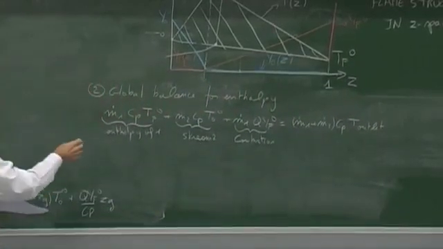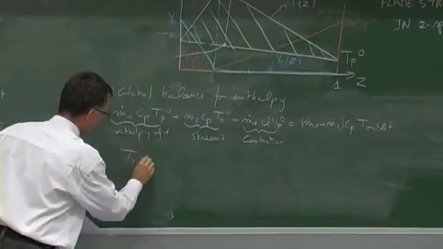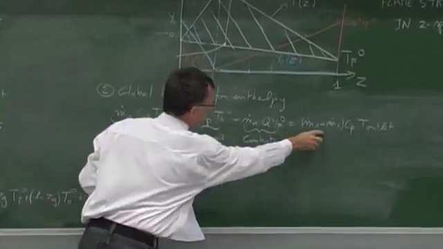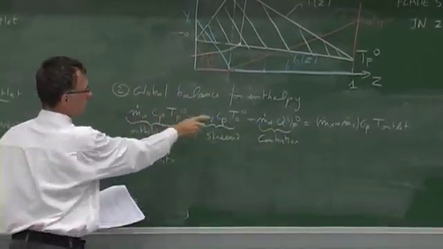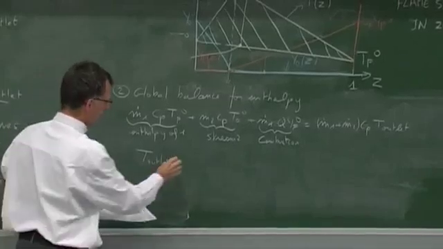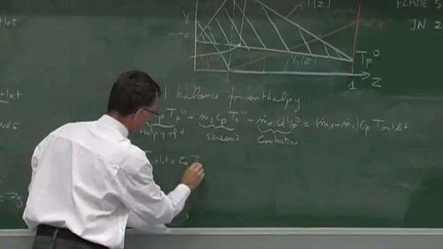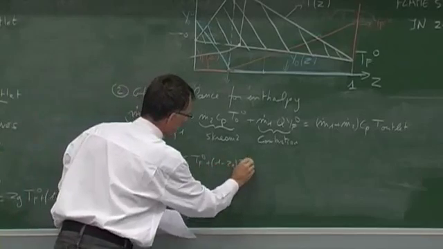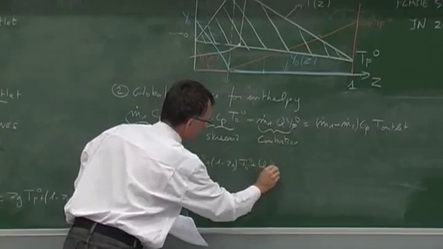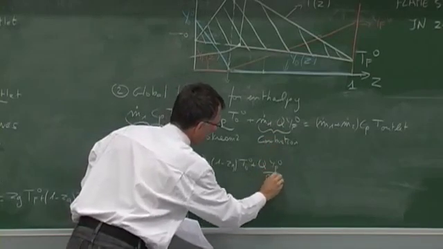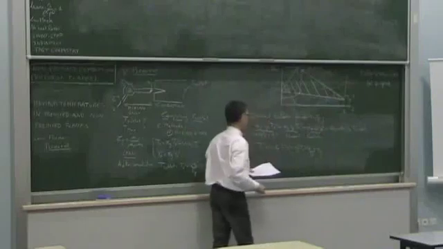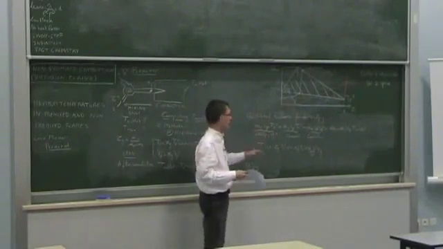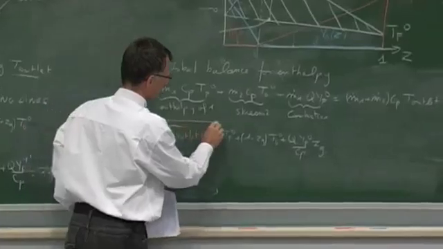So you see that if you just get T outlet from that, you obtain T outlet equal, when you divide here by m1 plus m2, the Cp goes away, and you obtain the same expression: Z global Tf0 plus (1 minus Z global) To0 plus Q YF0 over Cp multiplied by Z global. So you see that working with the mixing line or working with a global balance of enthalpy leads you to the same point.